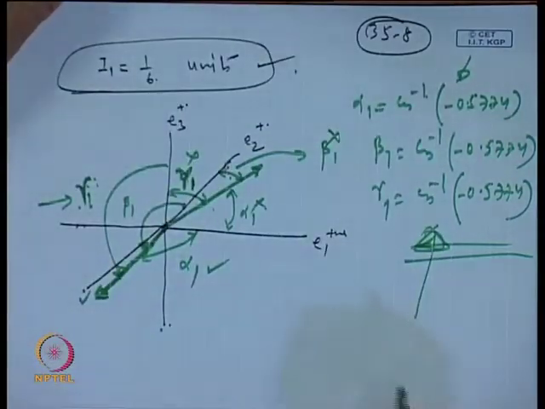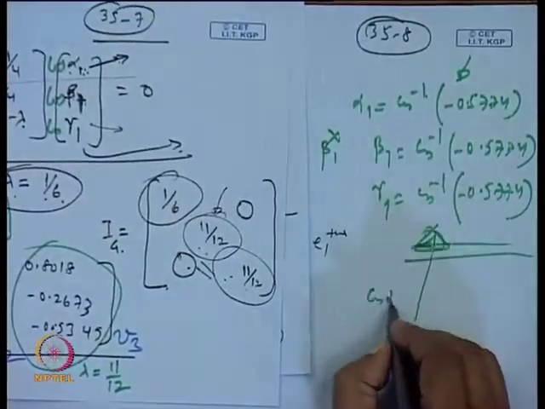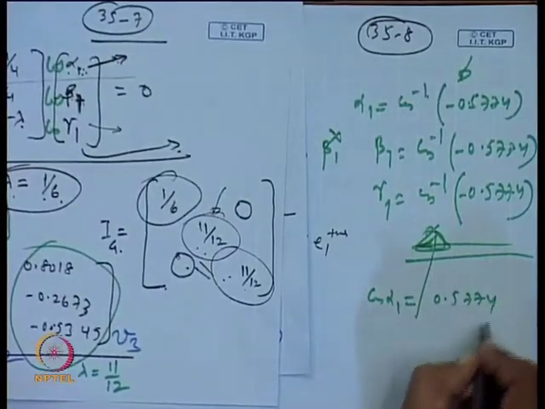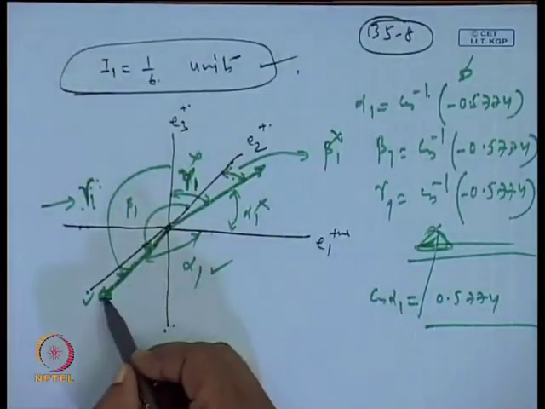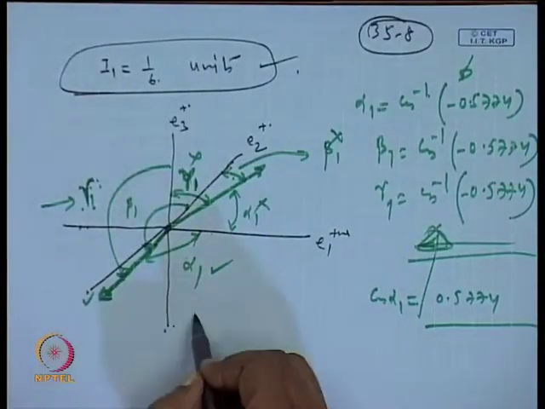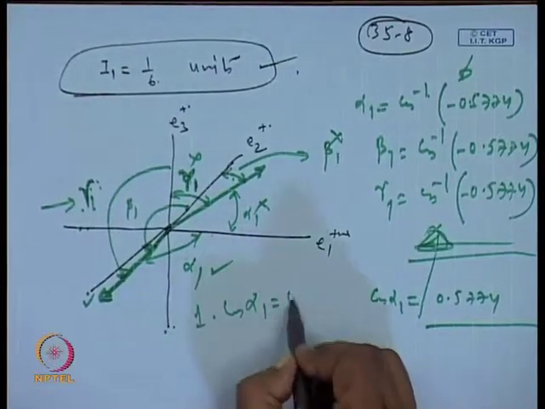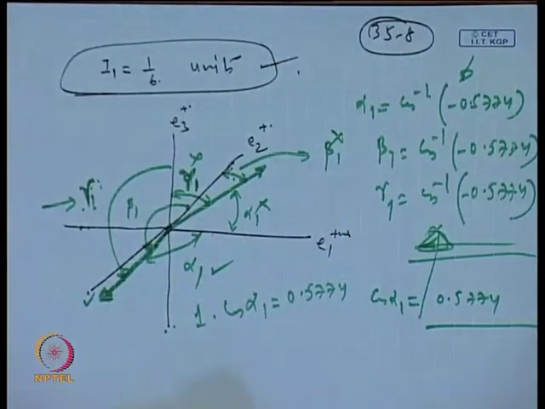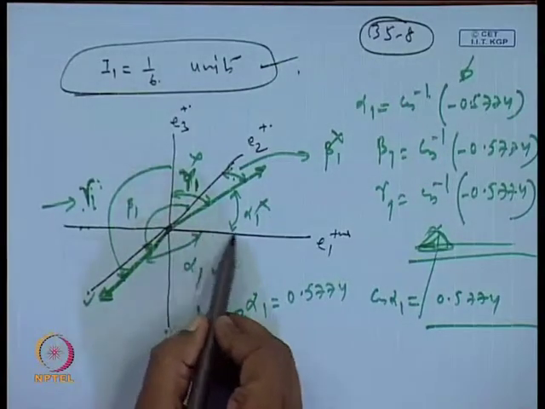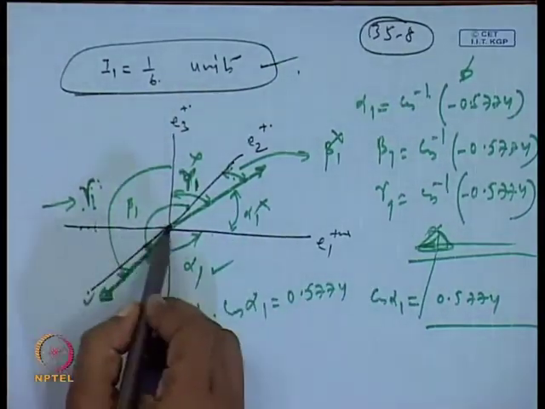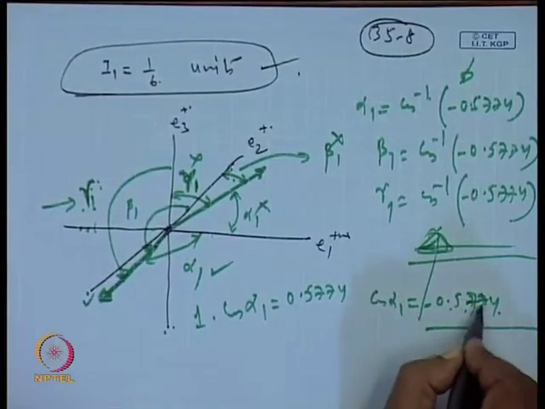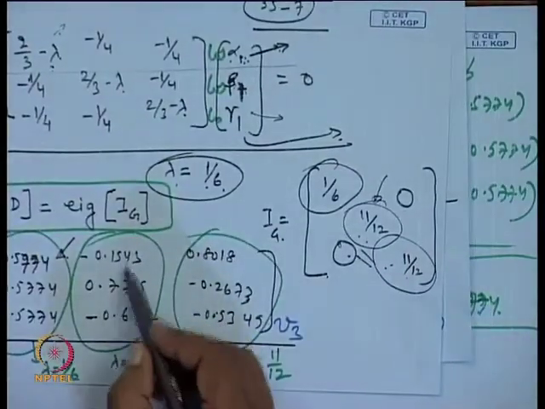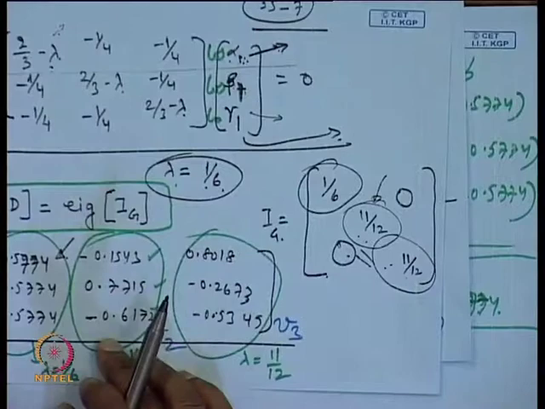Another way of doing the same thing, because you can see that these are the cosine magnitudes, that is cos alpha 1 equal to 0.5774. If we are writing like this, means if I have a unit vector here, then 1 times cos alpha 1 will give you 0.5774. Okay. And this is basically its intercept on the x axis. So, in this case it will come out to be negative from here to here, and its value will be minus 0.5774. Okay. So, basically all these quantities whatever you are getting here are the normalized values,